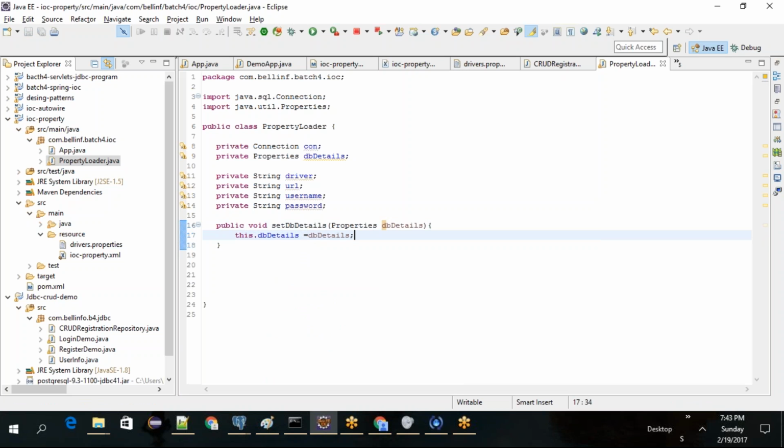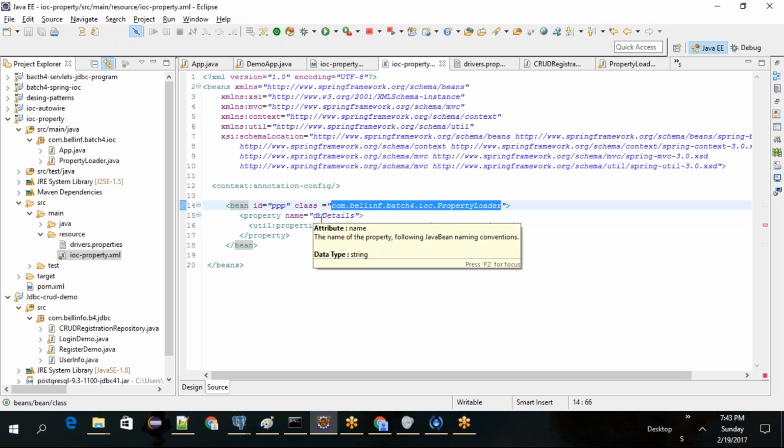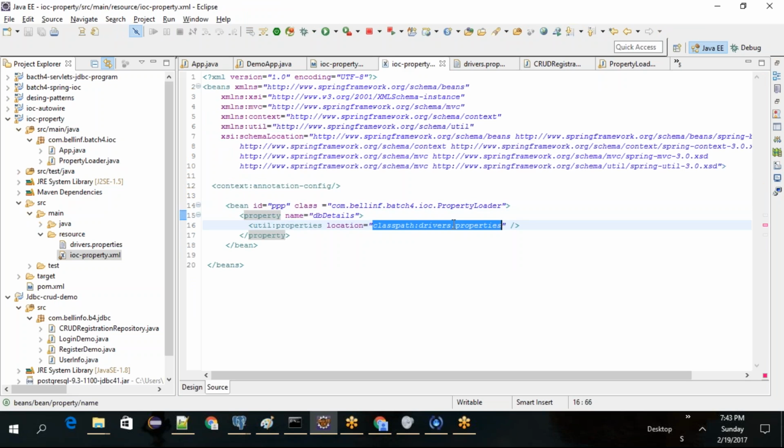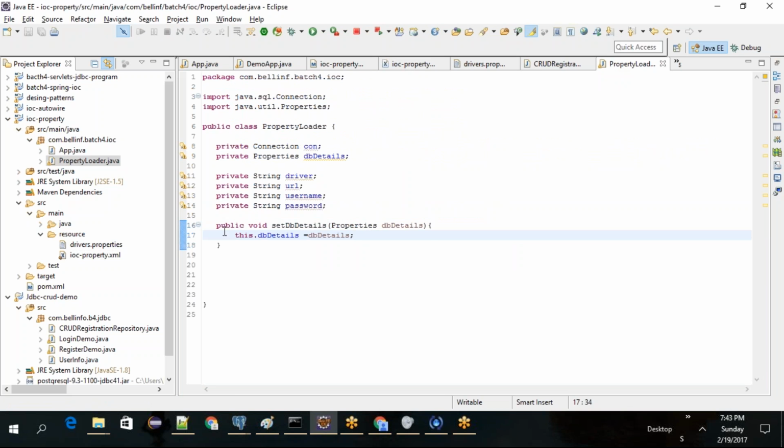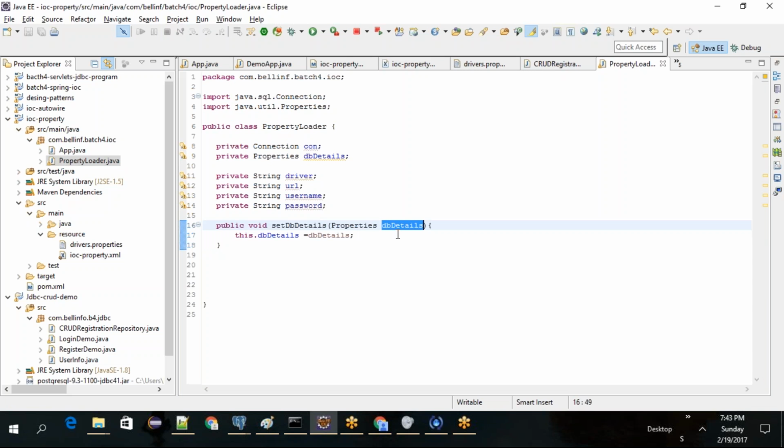So now what happens? When property loader is getting created, it looks for any dependencies. There is db details, and it looks for drivers.properties. All the drivers.properties has been injected through setDbDetails. So this is what is injected into the Java class. Those values will be available here and assigned to db details. As soon as that happens, you can say load